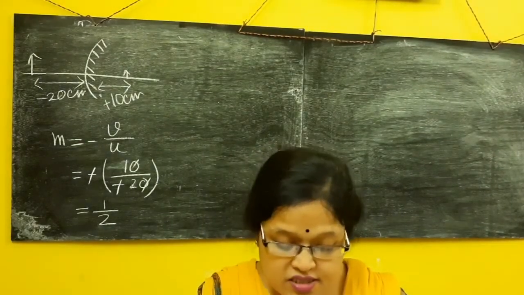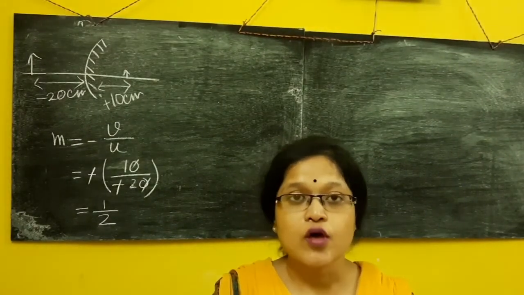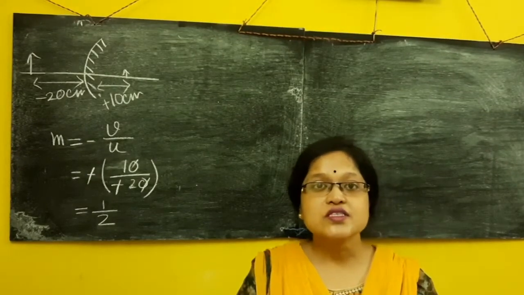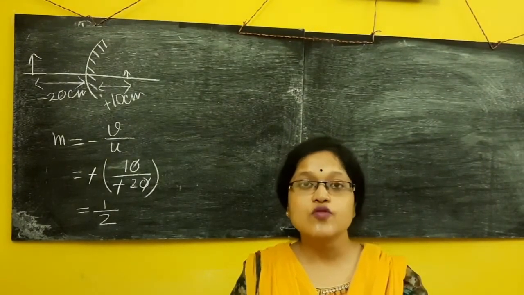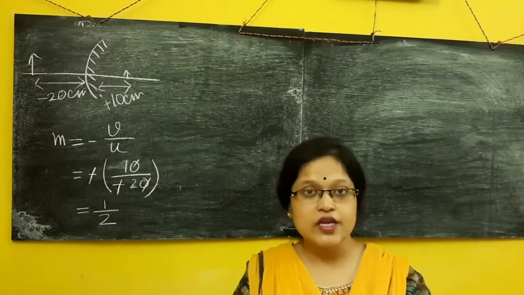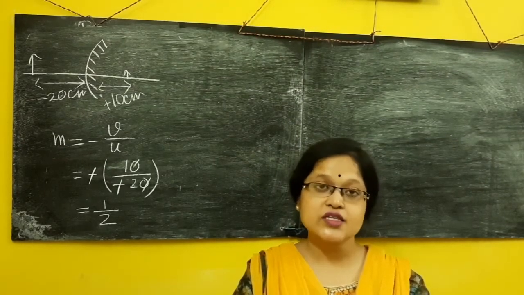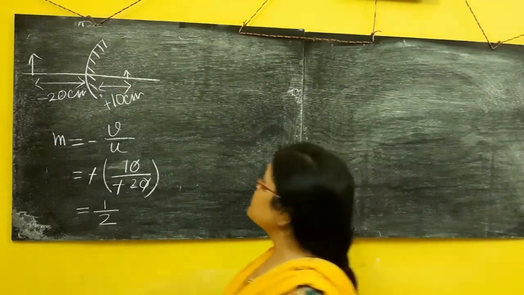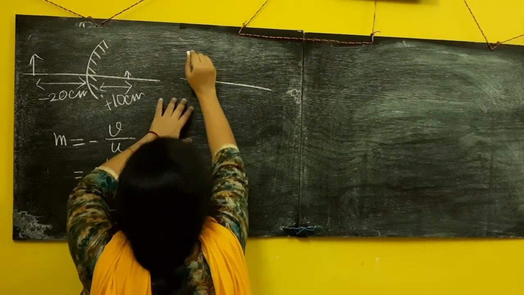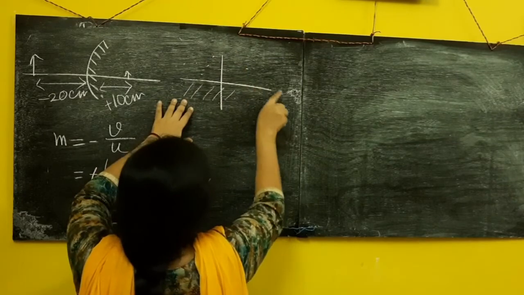Next question: state Snell's law of refraction. What are the constants in this law? What is Snell's law of refraction? If you take one specific color of light and two specific media, and there is oblique incidence, then the color is specific and the medium is specific. I am showing you, suppose this is the separation between the two media. This is medium 1 and this is medium 2.